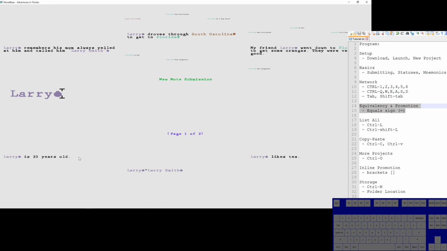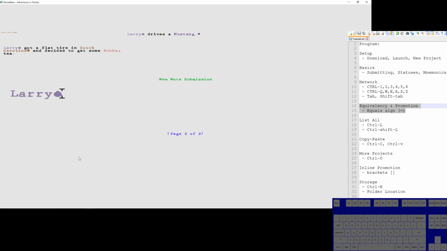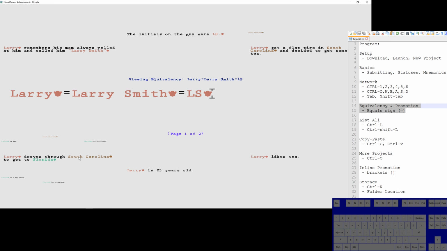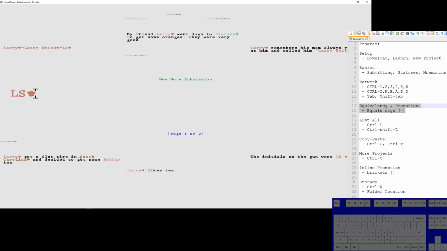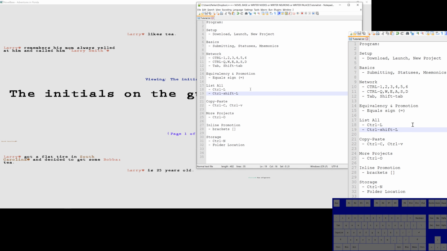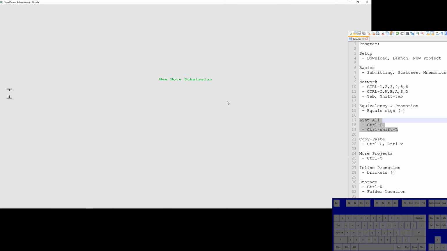Now, if I go back to my Larry equivalency, which is here, and then I said equals LS, you'll see that they are all the same. So, right here, the initials on the gun were LS, which also brings up these that just involve Larry. So those would be aliases or nicknames, that kind of thing. All with the equal sign as its own statement. Okay, now that we have some basics,